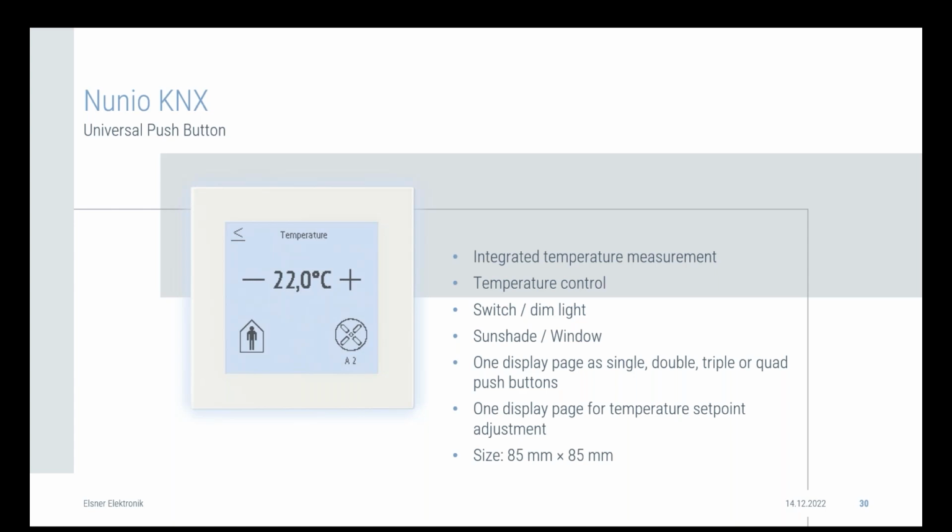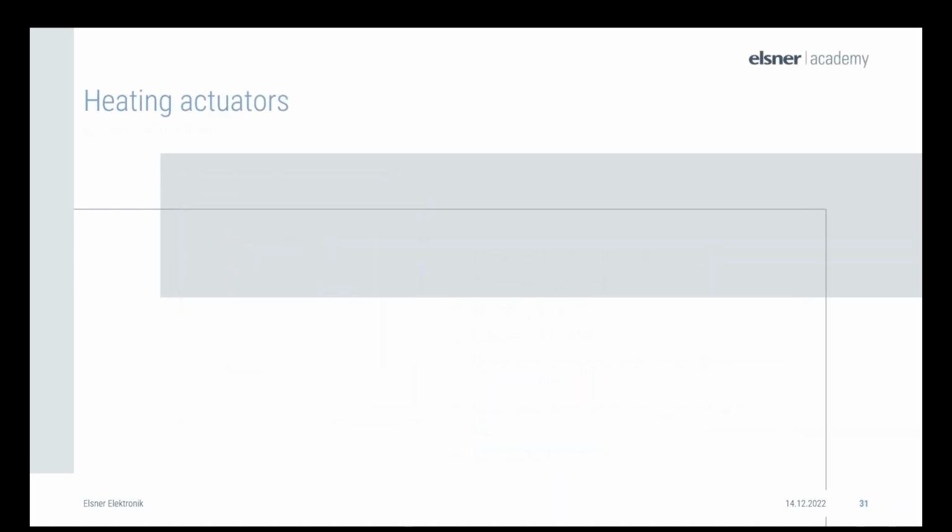Okay, next up, the system devices, the heating actuators. One of them, the K4, we already displayed in some of the graphics earlier. So we have 4 or 8 times output for 230 volt. We have the pulse width modulation control. So it can actually understand pulse width modulation, which is very handy because no relays are needed, but there's the electronic signal that will control the heating accordingly. So we have a maximum continuous load per channel of 8 watts, an inrush current from max 1.1 ampere per